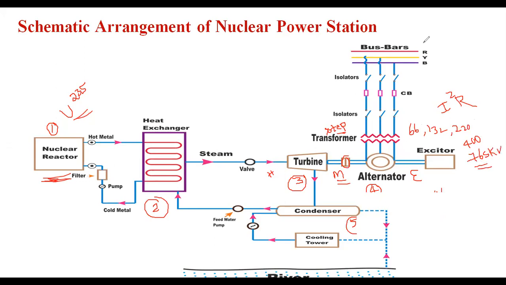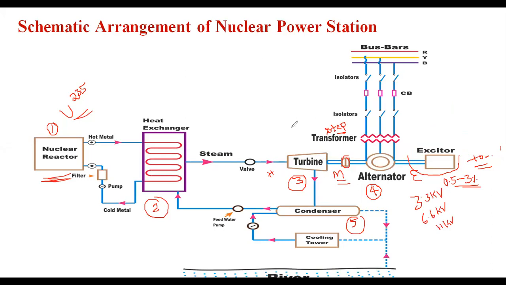This is connected to the bus bar through isolator switches, circuit breakers, etc. And here the exciter is used. This is nothing but a DC generator. The DC supply is given to the field system of the alternator, that is, to the rotor, at the time of starting. Once the alternator is started, you can remove the exciter, there is no problem. And one more thing, in the power plant itself, we can generate the DC supply. The capacity of the exciter is 0.5 to 3% of the alternator capacity.